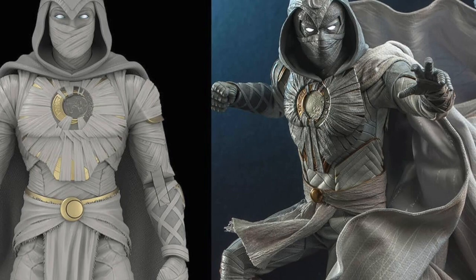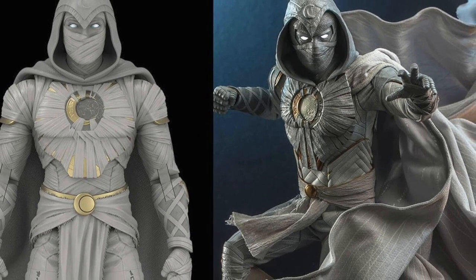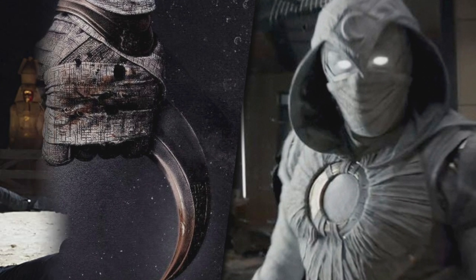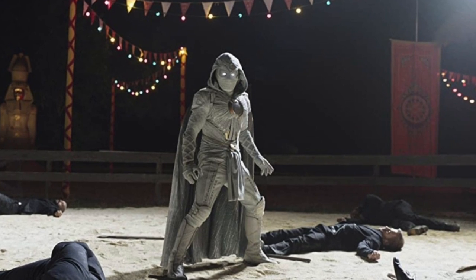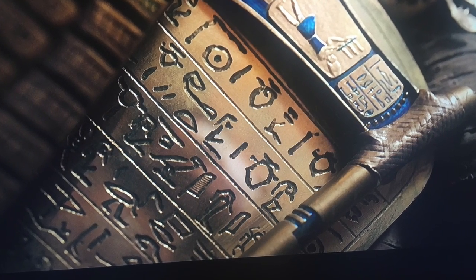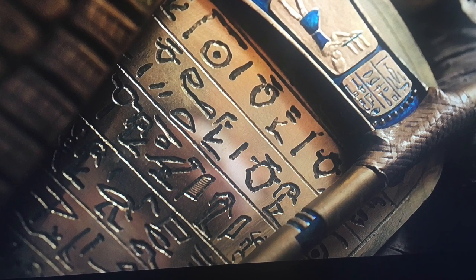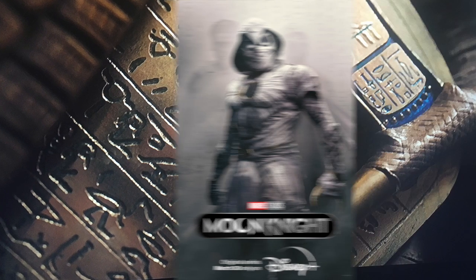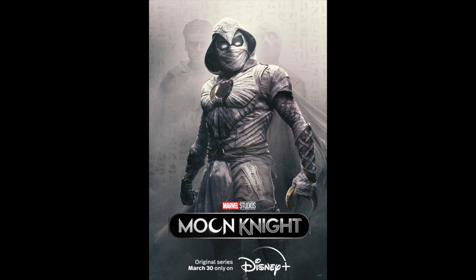I definitely grew to really like him, especially the connection to ancient Egypt, since that was a passion of mine. And when the show came out, I was really excited, especially to see how they were going to do the costume. And I love the way they incorporated things like mummy-type motifs, and there's even hieroglyphics, both on the show, like when he opens up one of the tombs, spoiler alert for episode 4, as well as actually on his